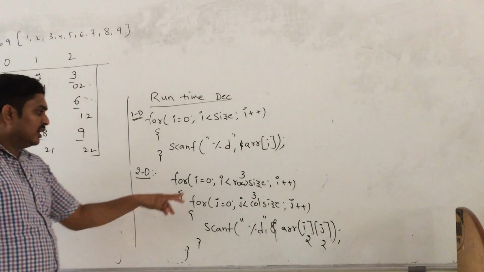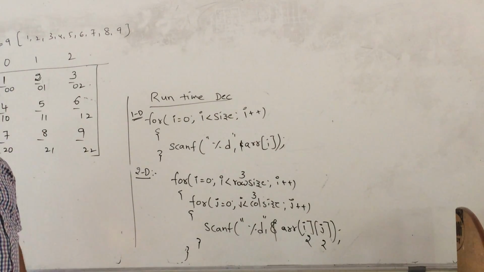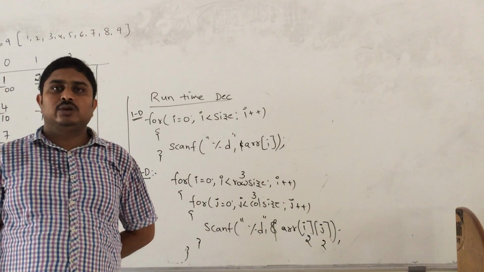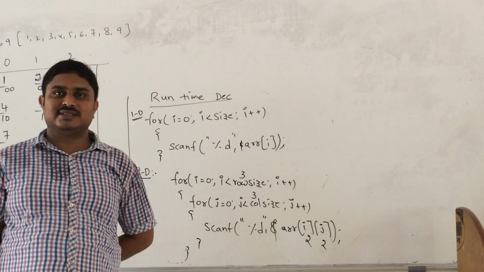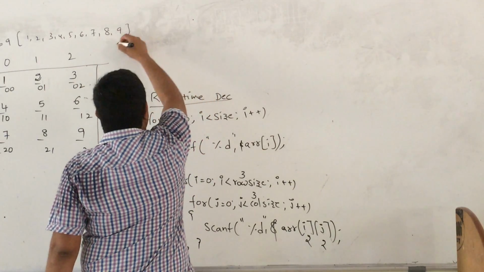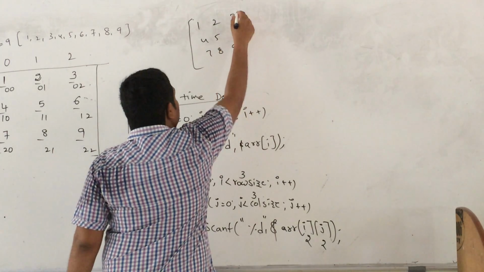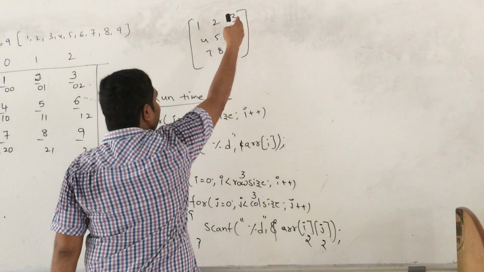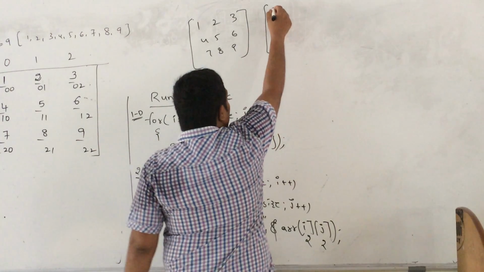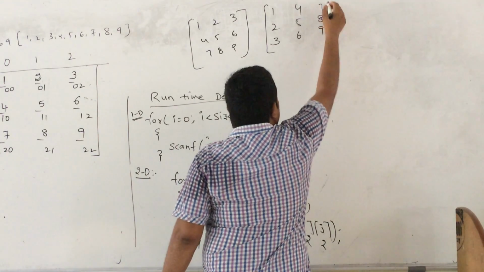If you observe, the i value is incremented only after filling up the 3 columns. That means we can insert the values into an array mathematically in 2 ways. That means row order wise insertion and column order wise insertion. For example, if there are 9 elements, the row order will be 1 2 3 4 5 6 7 8 9. That means after fulfillment of one row, then only it goes to the second row. This is the row order wise. Coming to the column order wise, first the elements are stored column wise.